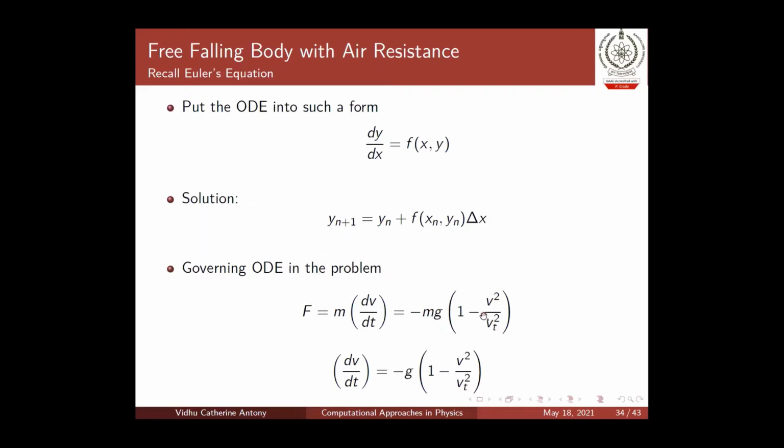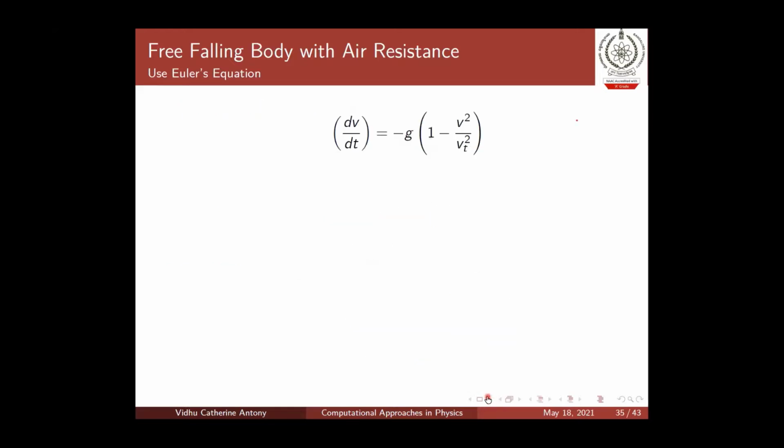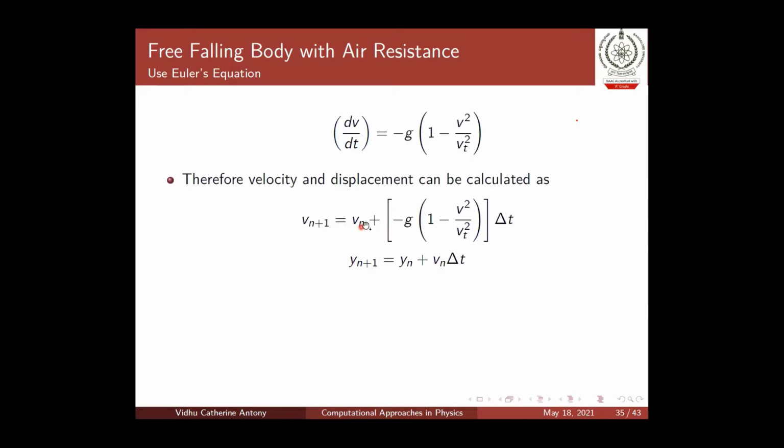What is the governing ODE? You have air resistance. You also have a dependence of v squared. We just did that equation. We just found out what the value of F was. So you have minus mg into 1 minus v squared divided by vt squared. Now, what is this? Basically, this is your F is equal to m into a. And then you write your dv by dt in this form. Now, once you get your first order differential equation in terms of your v and t, you start to use the Euler's method and start to compute your v value. So vn plus 1 is equal to vn plus minus g into 1 minus v squared divided by vt squared